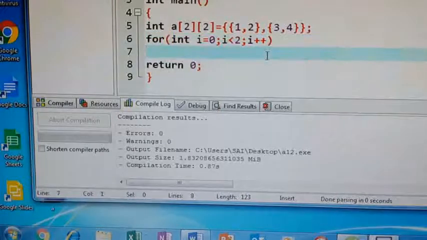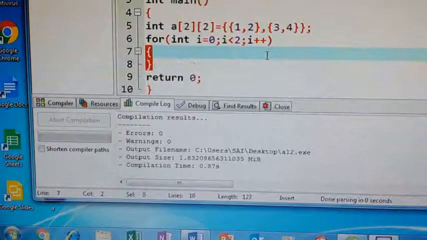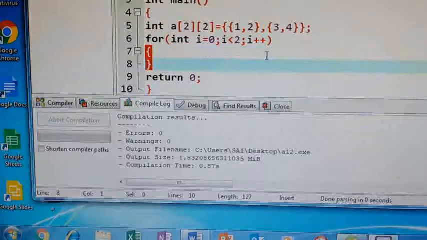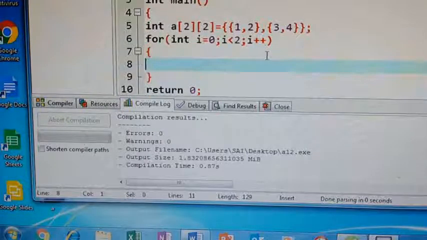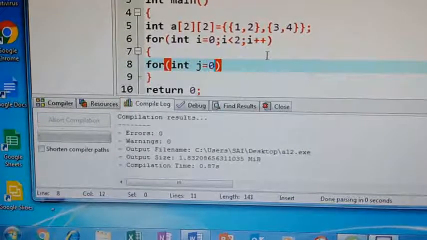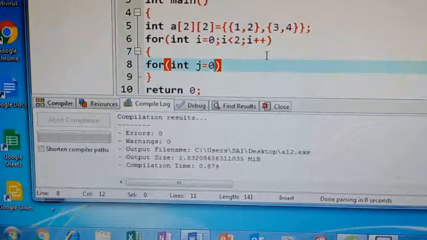Now next in the loop you should have a block. This is for the row. Whatever for loop I have given first is the outer loop, and we are using it for the row. Next, for int j equals 0. This is for the column. First row, first column. First row, second column. Second row, first column. Second row, second column.